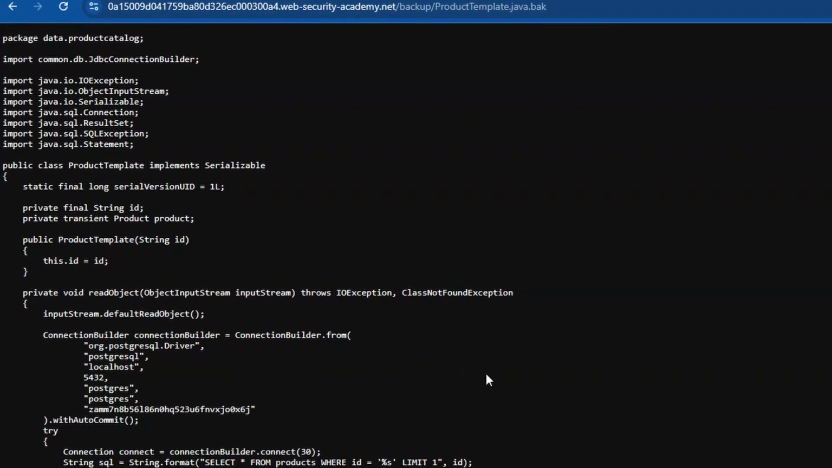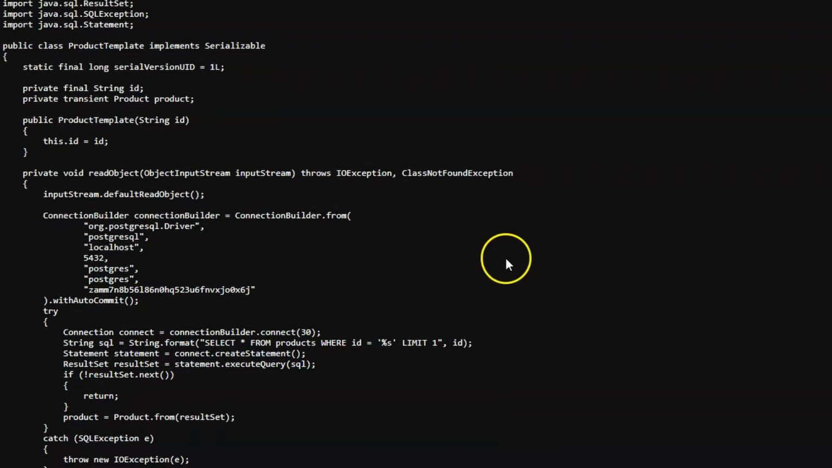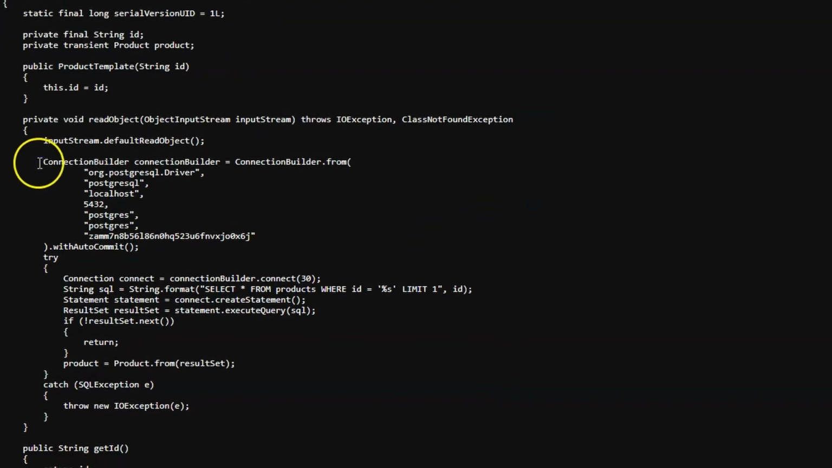Without going into a lot of detail, this Java code is connecting to a PostgreSQL database. And if we focus on this particular part of the code here, we can see it's making use of ConnectionBuilder, which is possibly some kind of custom class. It's calling the .from method and it's passing arguments to that. It's fairly obvious based on the names what these arguments are. So we have